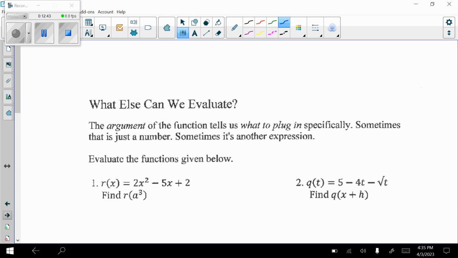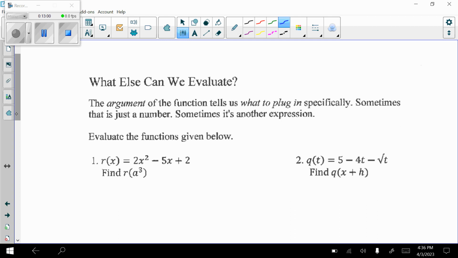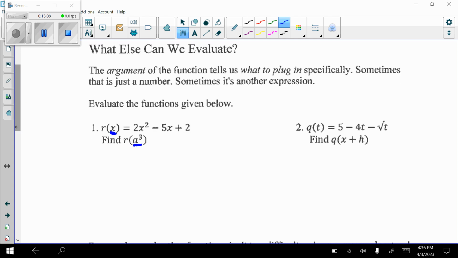All right, so what else can we evaluate? The argument of a function tells us what to plug in specifically. Sometimes it's just a number, as we saw in the previous examples, but sometimes it's another expression. In this case, kind of like I changed the p to the t in the last example, I am changing the x to a to the third. So r of a to the third